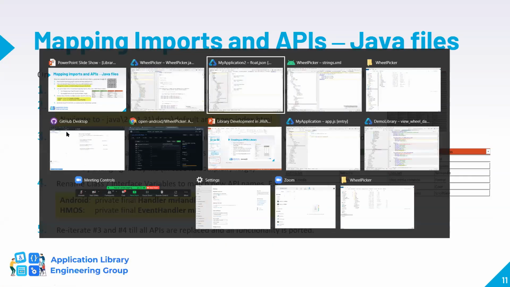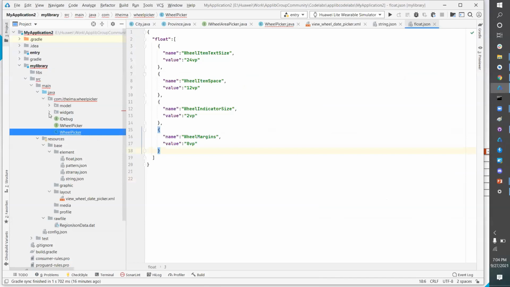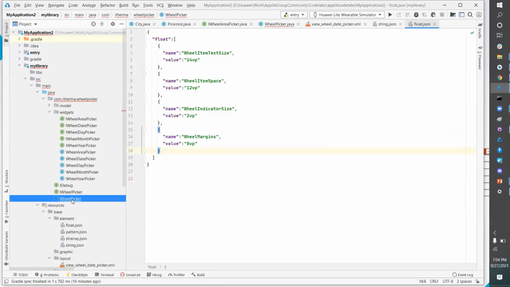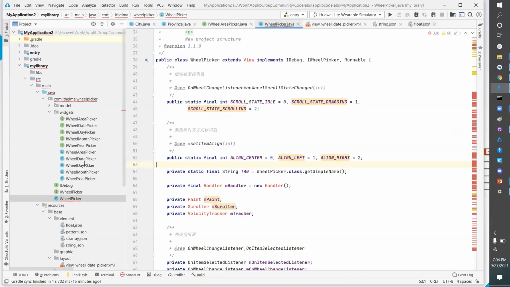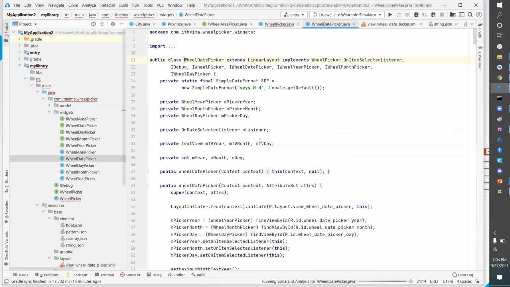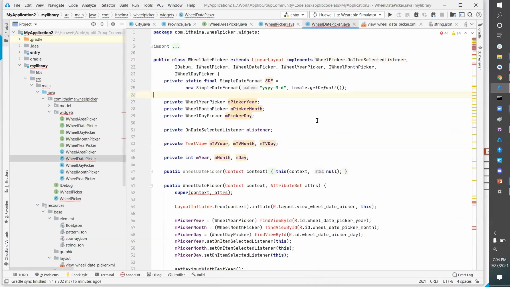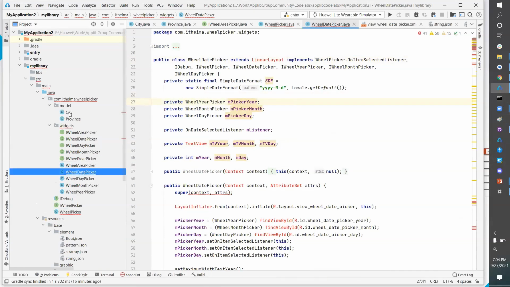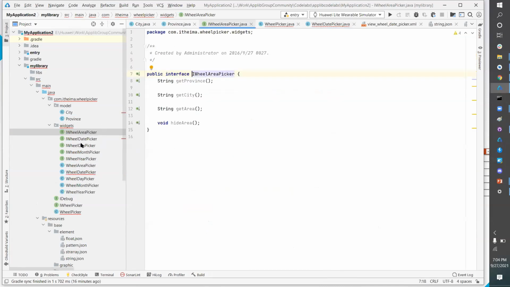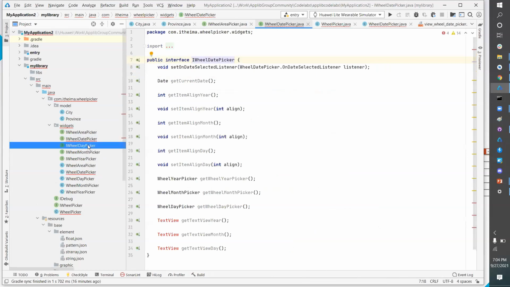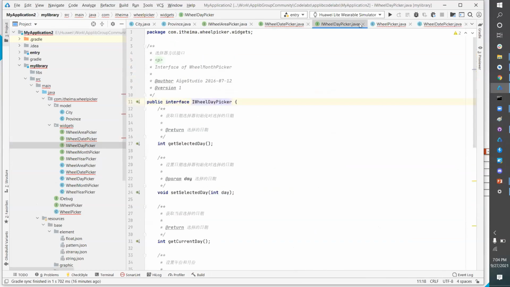Okay, so we see there's one error. The IDE is smart and it's already showing an error in wheel picker. And as I remember, it will show here also, because here also we are using two Android API classes. Model is already good because it only has four model classes, pure Java code. And this is also just an interface. So pretty good. We do not have to make any changes.